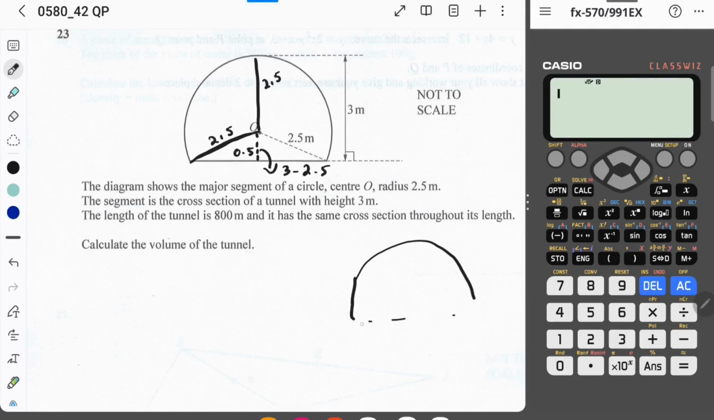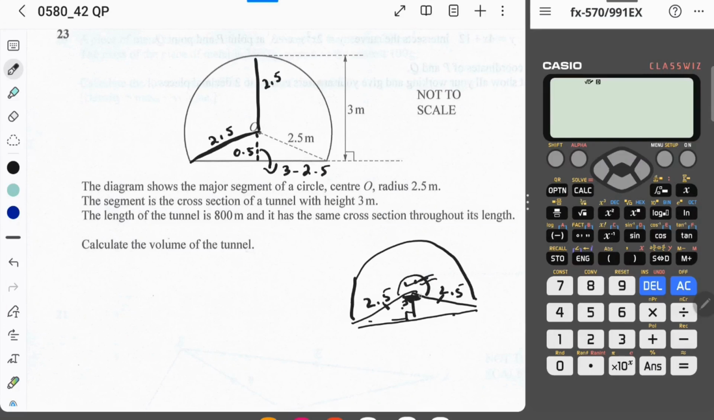Okay, for example, it's a major sector. For a sector we need to know the angle, where the radius is 2.5 and 2.5. Obviously we cannot find the angle from there. A line segment is there and it makes a right angle triangle, so we can use the Pythagoras theorem, and it's an isosceles triangle. We find this angle and double it to get this angle here. Once we get this angle, we'll subtract it from 360 degrees to find the